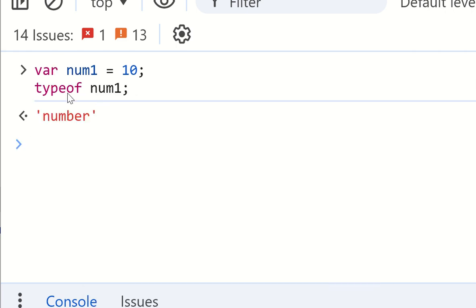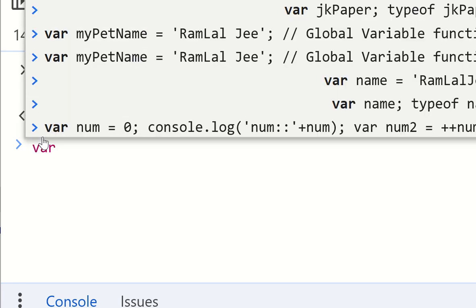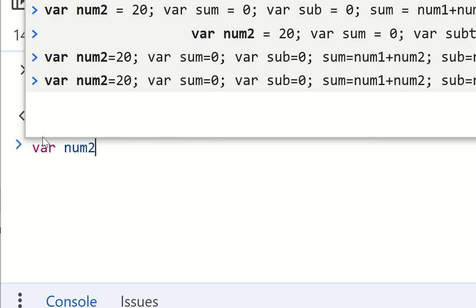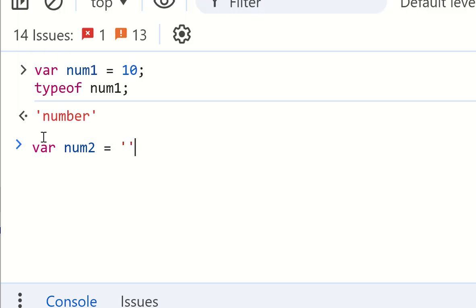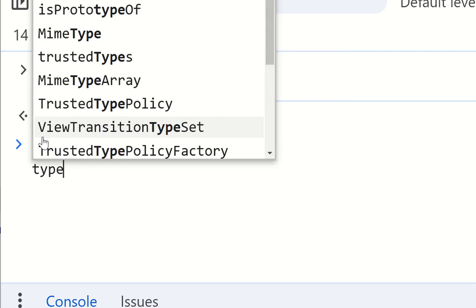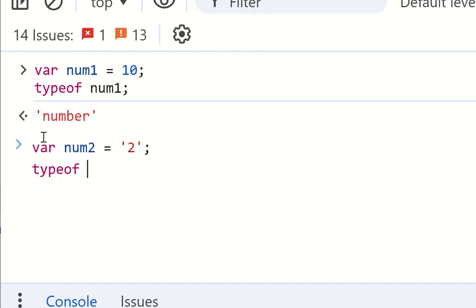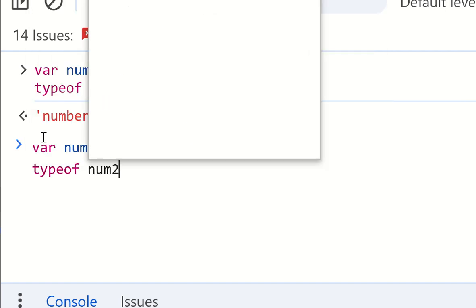We have already covered the typeof operator in previous videos, so you can watch those. 10 is of number type. And suppose we use var number2 is equal to "2". What is the type of number2?